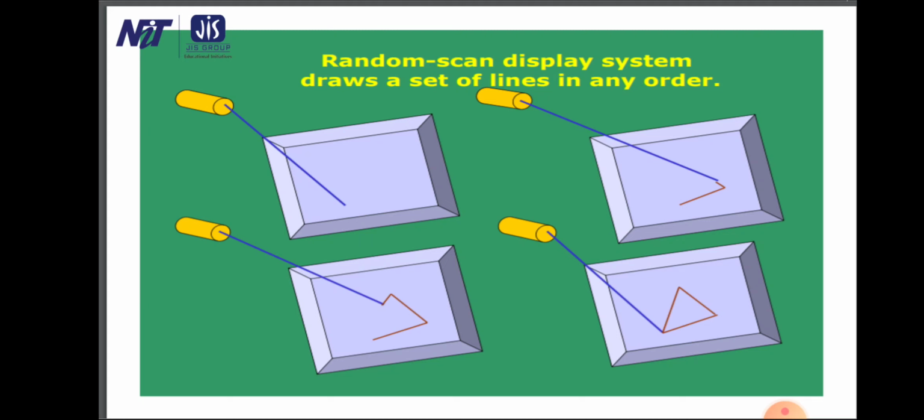So this order of drawing is also important. Nobody stops me from making the electron beam move from point x1, y1 to x2, y2 to x3, y3 and then to x1, y1. I can start from the third vertex, move to the first vertex and go on. The order is not that important, but the points are, so that you can create these lines in any order with a refresh rate of 30 or 40 hertz to get a flicker-free display of the triangle.